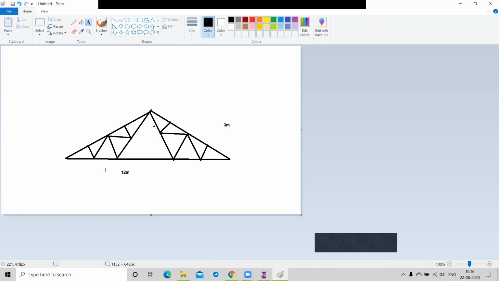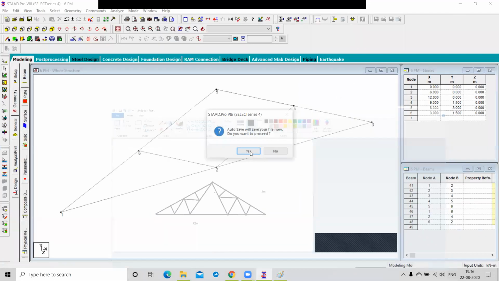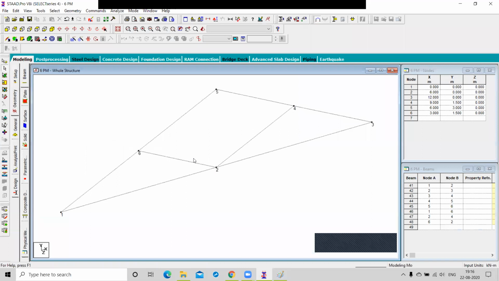So anyone having any doubt for today's class? All the doubts are clear? Sir, how to edit beam manually, without nodes and beam in the table? What editing do you want to do in this figure?